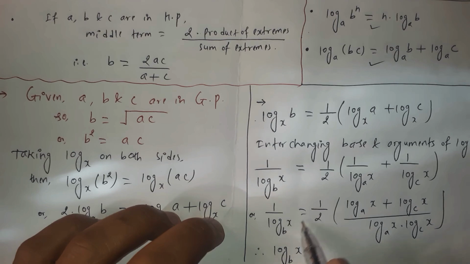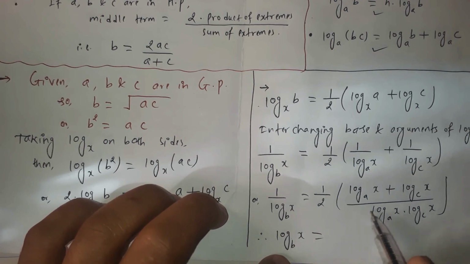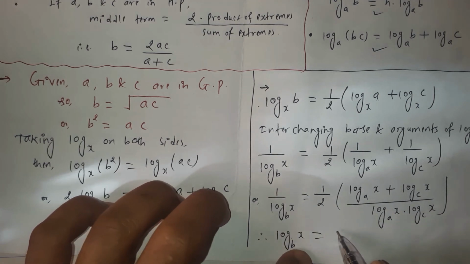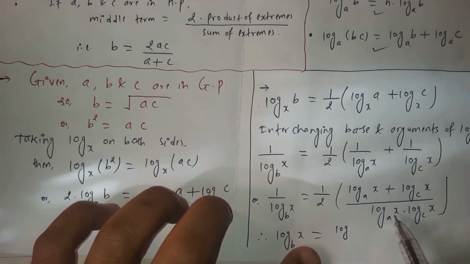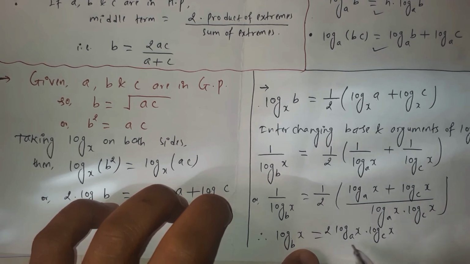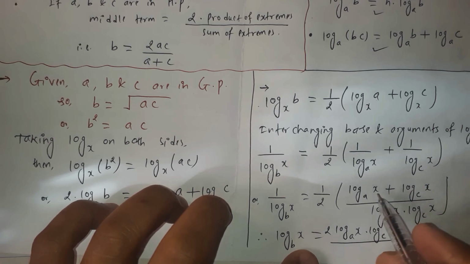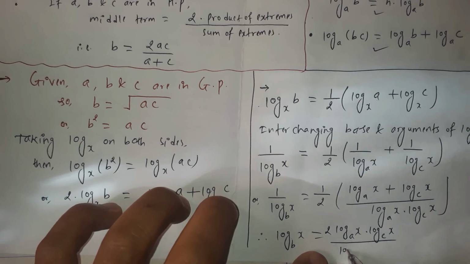So finally, therefore, calculating the value of the log with base b of the x, here I am going to calculate the value of this log with base b of the x, and we can transpose this term, this denominator can be transposed to the left hand side, and it will be the log, and this denominator, here the 2 also is present in the denominator, so the 2 times log with base a of the x times log with base c of x over this numerator of this will be transposed to this left hand side, and becomes the denominator log with base x.